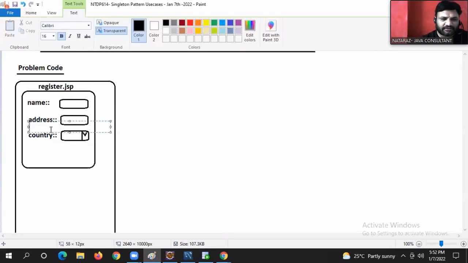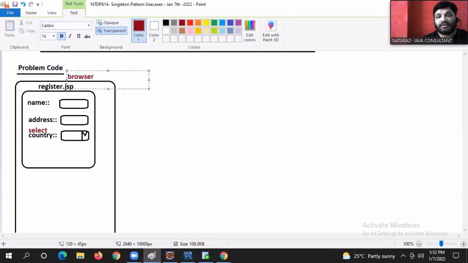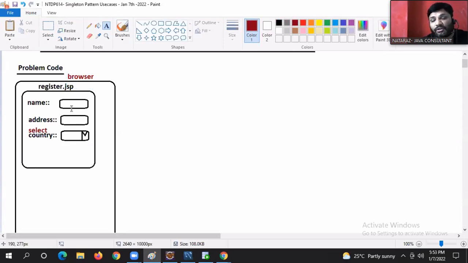Okay, select country. When the JSP is loaded into the browser, the country list should come up, so that the end user can select one country out of the 230 or 240 countries that are there. Speak out. That means,